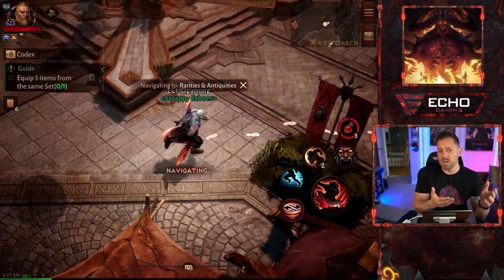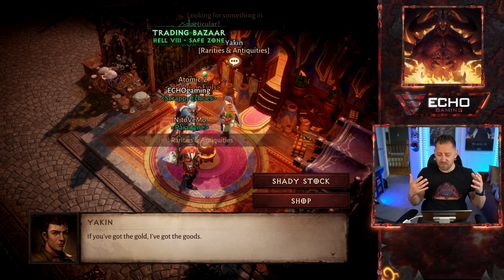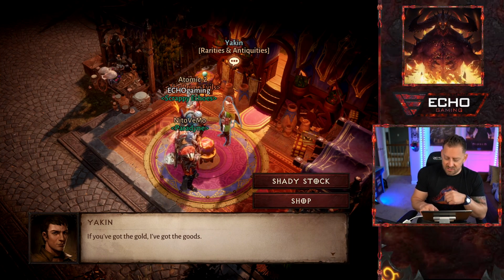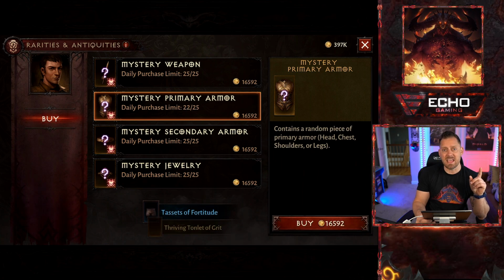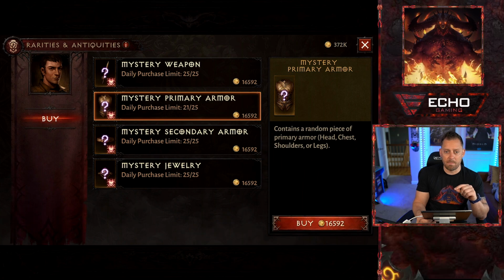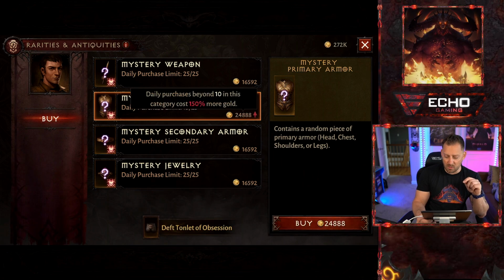Now, another thing that you want to do, especially when you don't have all of your legendary stuff unlocked. So for me, for example, I need to get myself some legendary weapons that I don't have the essences for. It's a good idea to come over to the shop every single day, and if you have the gold, buy 10 of the first and 10 of the second mystery primary and mystery weapon. The secondary and the jewelry, I would stay away from those. You're not going to get the legendaries you're looking for, but the first two,